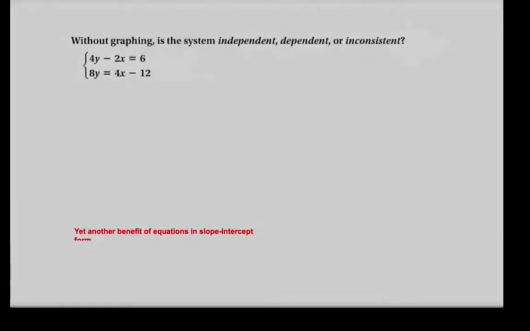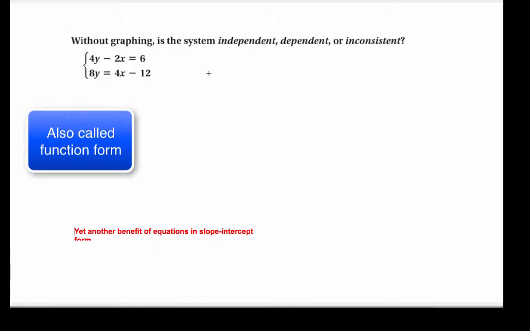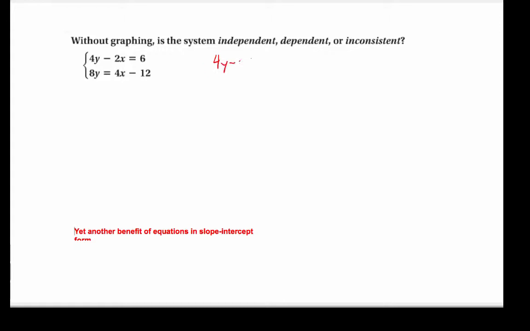Okay, so without graphing, is the system independent, dependent, or inconsistent? So we have our two equations, 4y minus 2x equals 6, and 8y equals 4x minus 12. And again, another use of our slope-intercept form. Let's go ahead and take both of these into slope-intercept form. So my first equation, 4y minus 2x equals 6. There's my first equation, y equals 1/2 x plus 3/2. And my second equation,